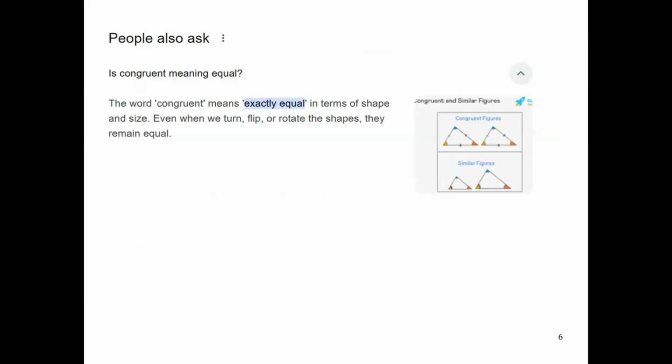So these are the definitions of congruent, and I pulled it out. The word congruent means exactly equal in terms of shape and size, even when we turn, flip, or rotate the shape. So with ordinary light, it's one way. You can form a triangle if the light's bending as it goes through a lens, which forms a sort of triangle with the usual Pythagoras thing, but the dual light is a different triangle formed, a congruent